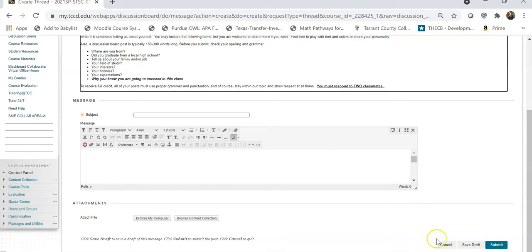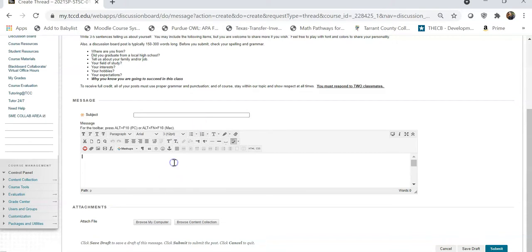Okay, and then what you'll do is you'll include your title here for your assignment. So you'll want to include your first and last name there, because actually some of you guys have the same first name. You can post your response in the body of this message here, or you can put it on a Word document, so that way you can get the word count and then just attach the document. So like if you did that,